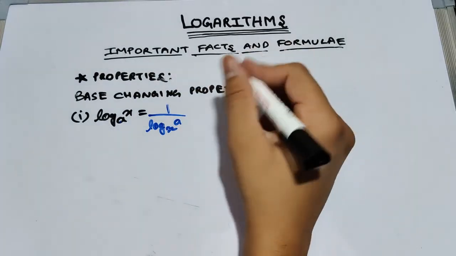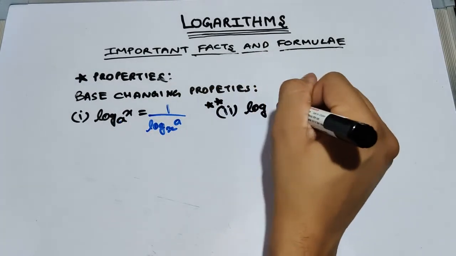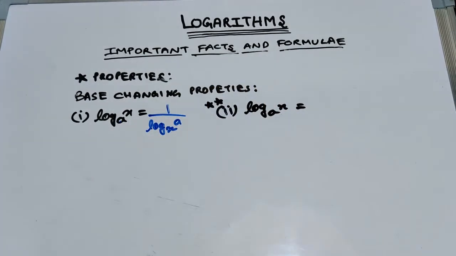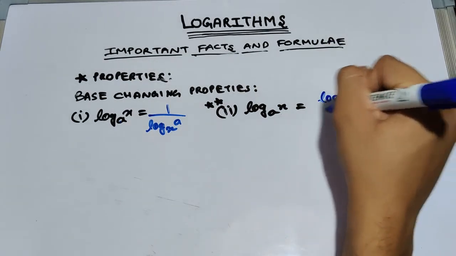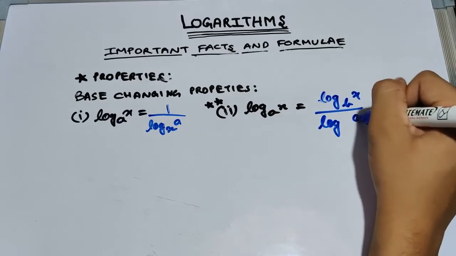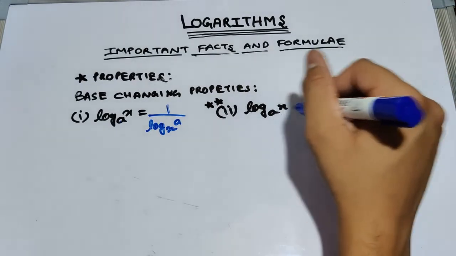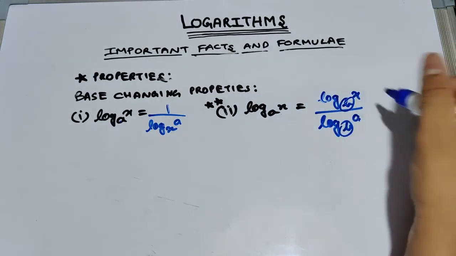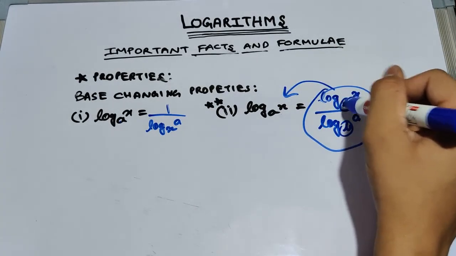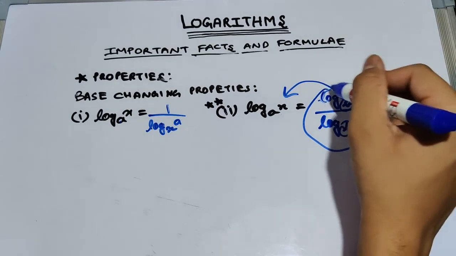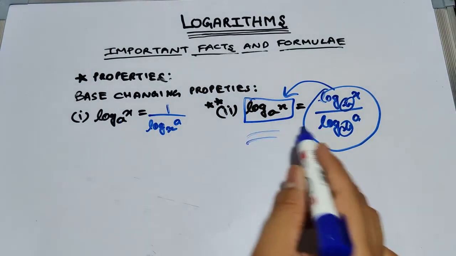The second, and a very important property, is that a new base is involved. Log x to the base a can be written as, let b be the new base involved, log of x base b upon log of a base b. This thing goes in the denominator and this thing remains in the numerator with the new base b involved, here also b. This kind of property is generally used in the reverse order, like in the question something of this format will be given to you, so we will be able to convert this into a single log x to the base a. So keep this in mind, this is a very important property.